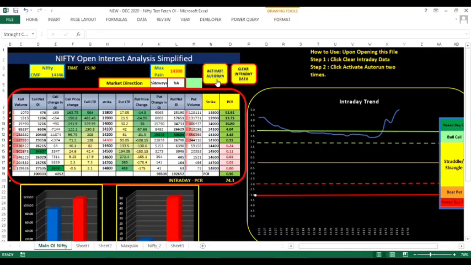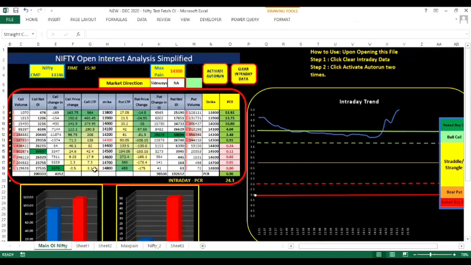Once the first round of pulling the data is over, you have to re-click it, and at this point of time it will throw a pop-up. It will ask you the desired time interval, to instruct the sheet as to by what time you need to refresh the data. So assuming you say 5 minutes, if you punch in 5, every 5 minutes the system will go to the NSE server and pull the requisite data, and this sheet will get updated.